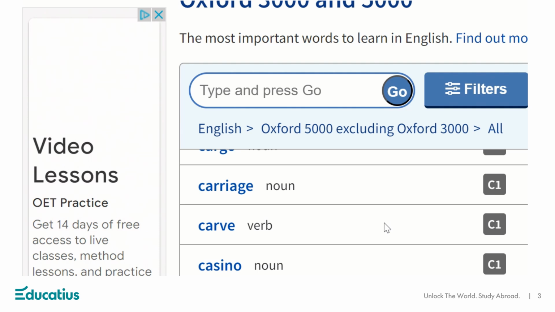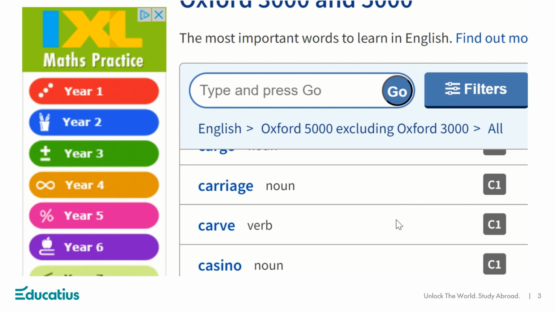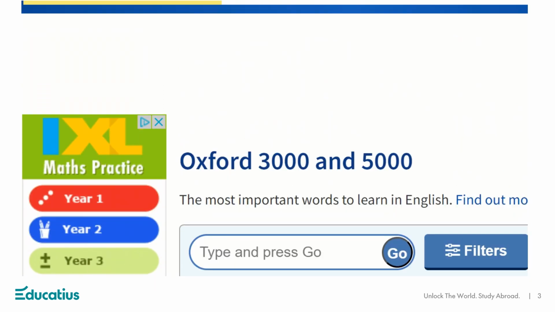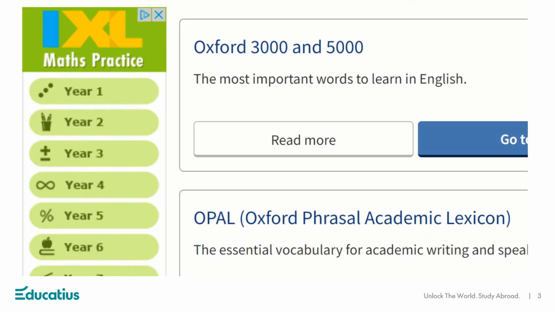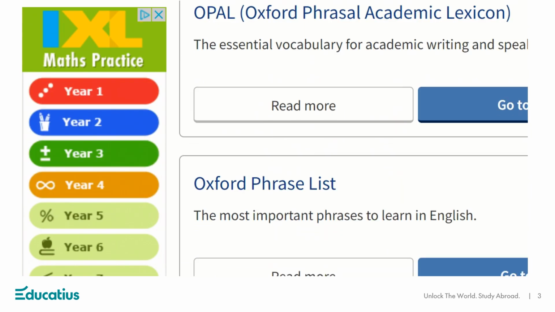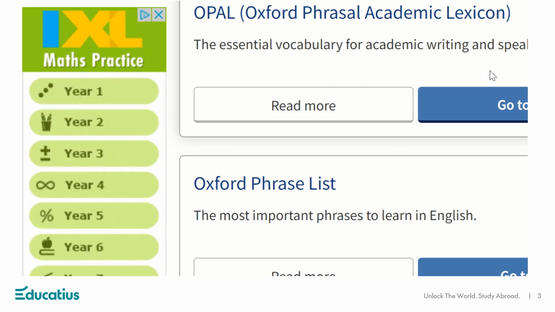Now I'm not suggesting that you use this list to try and learn vocabulary, because you need to see vocabulary or hear it in context and frequently. So it's really just a resource for you to check things rather than a way of learning things. Now there's one more list which is very useful on here. If I go back to the previous page, down below there's one here for essential vocabulary for academic writing and speaking. That's probably not useful to you guys at the moment,